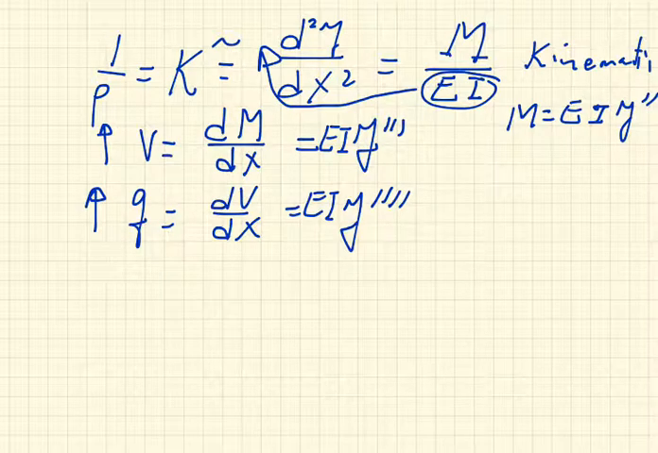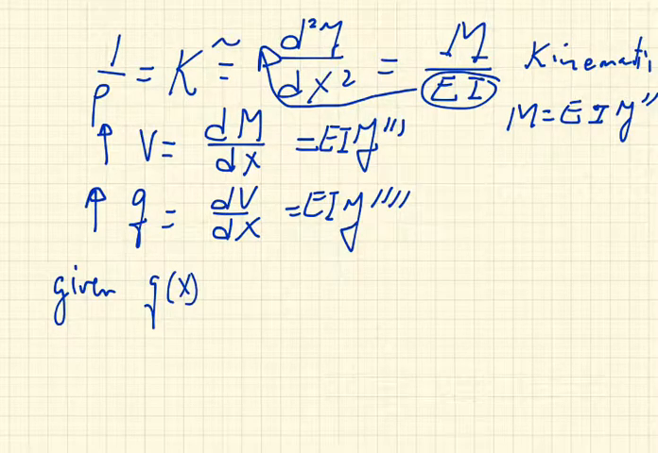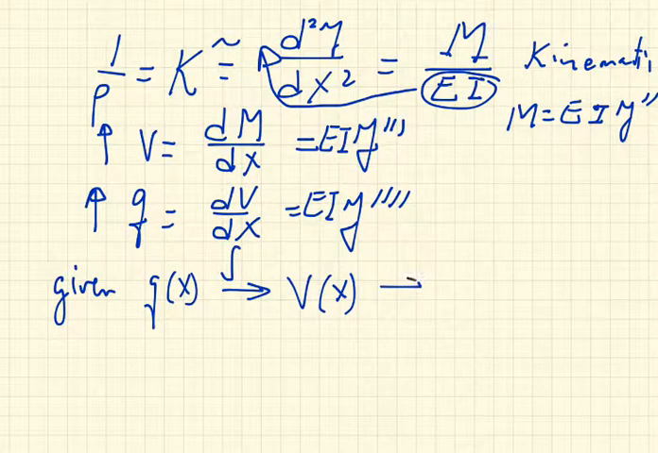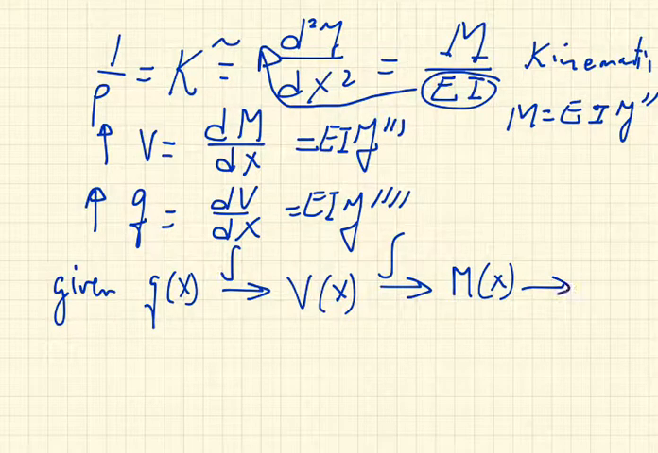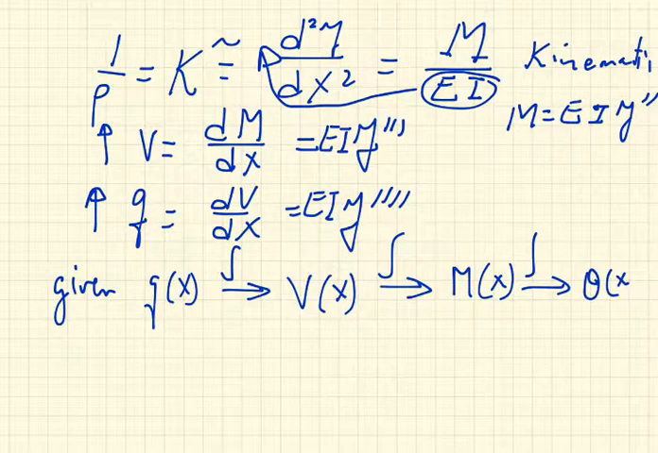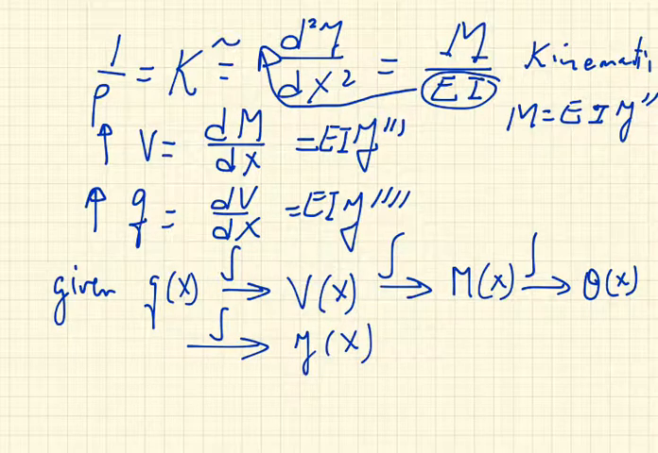It means that given q as a function of x, then we take one integration, we get V as a function of x, and then we take another integration, we get M as a function of x, we take another integration, we get the slope as a function of x, and then we take another integration, we get y as a function of x. So it's kind of a long process starting from q,